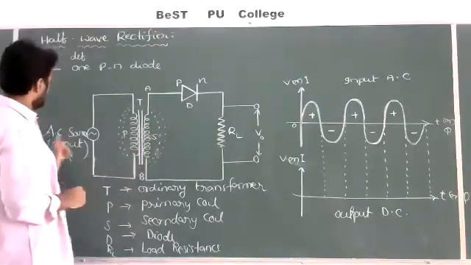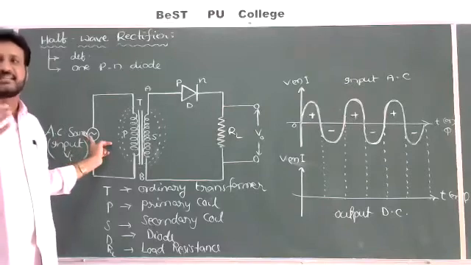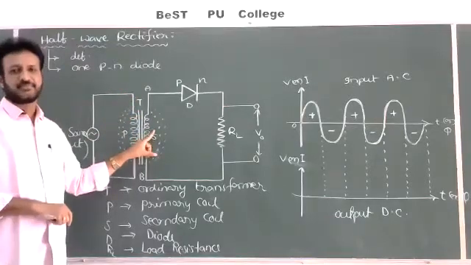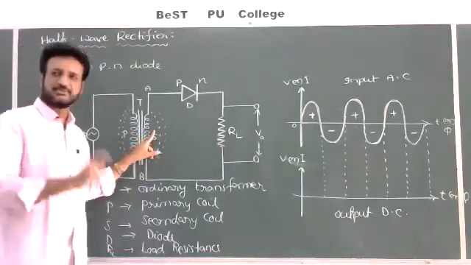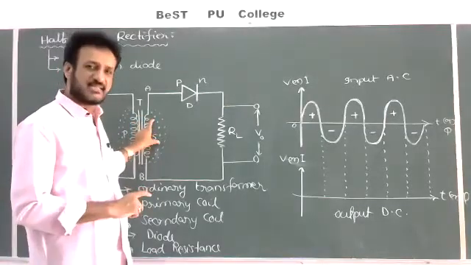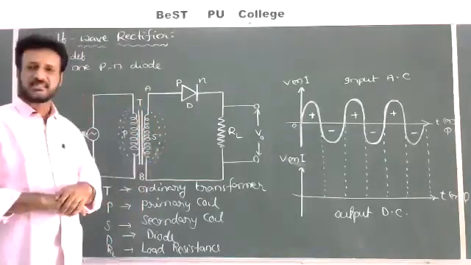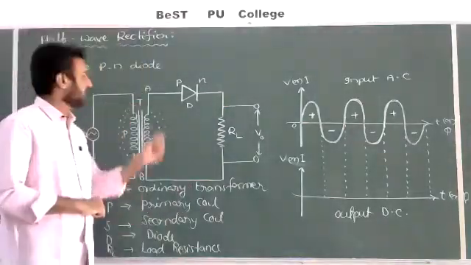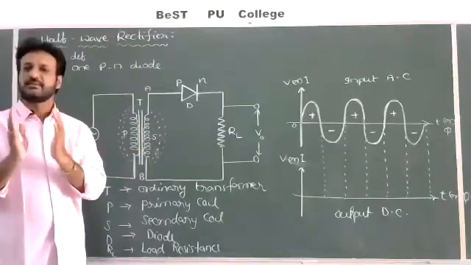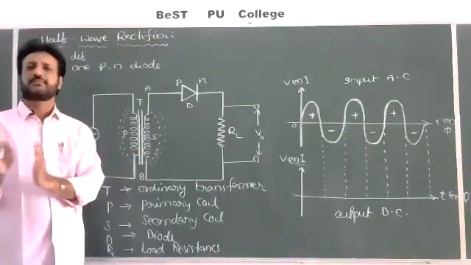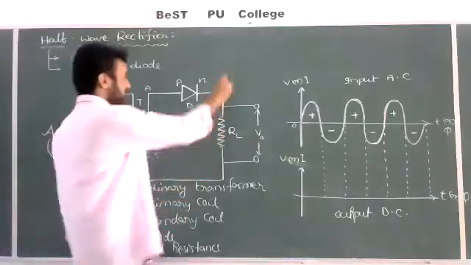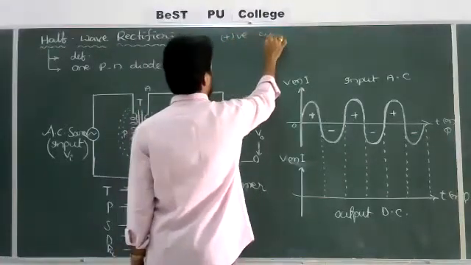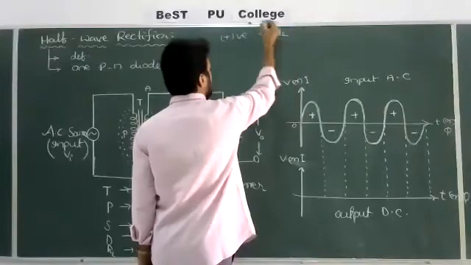Now, whenever the alternating current magnitude continuously changes, what will happen? The magnitude of the magnetic field also changes. The magnetic flux or magnetic lines of force linked with the coil also change. Whenever this magnetic flux changes, according to Faraday's law, some induced EMF or induced current is developed in the secondary coil. But this induced EMF or current will change for every half of the cycle. For example, during the first positive half cycle, what will happen?